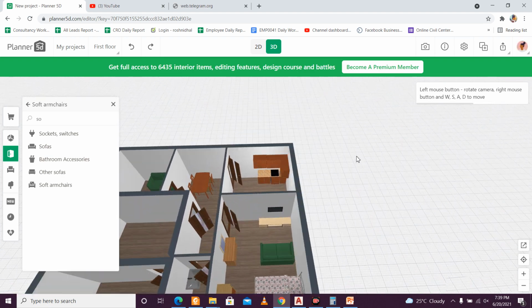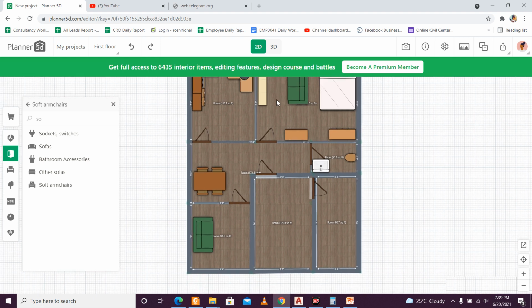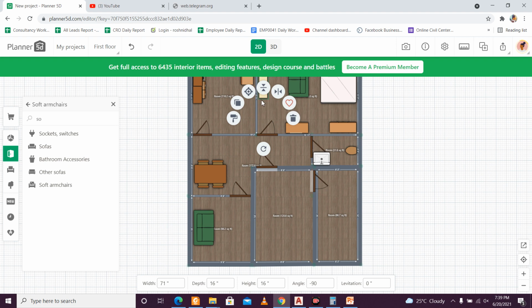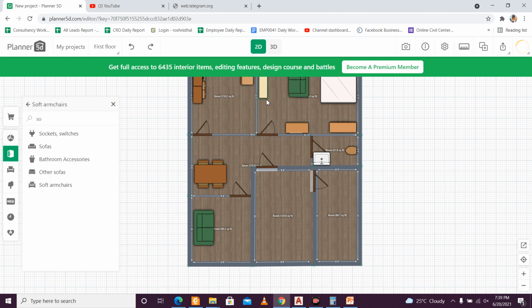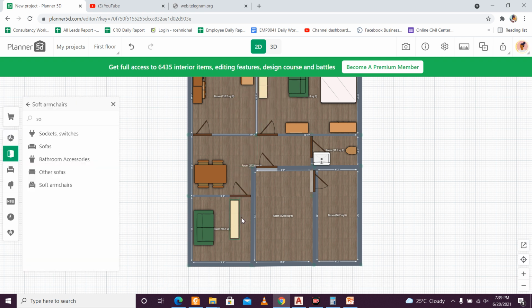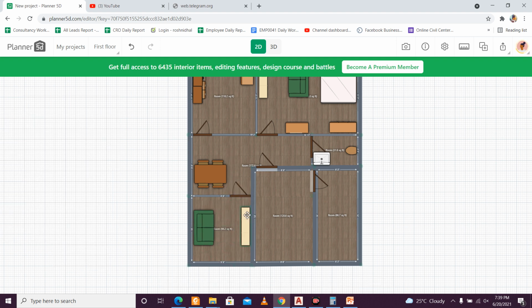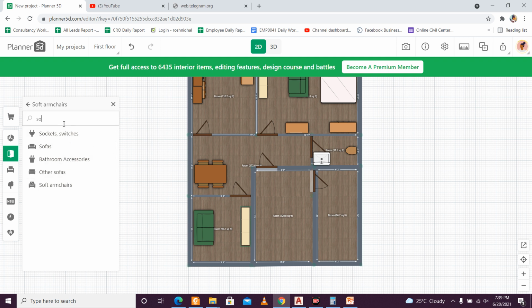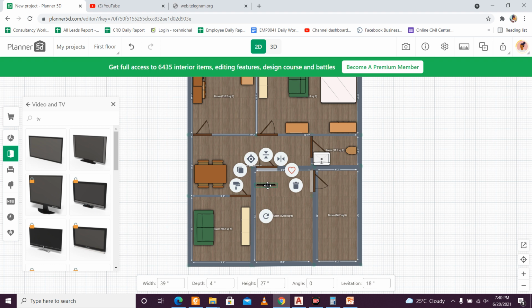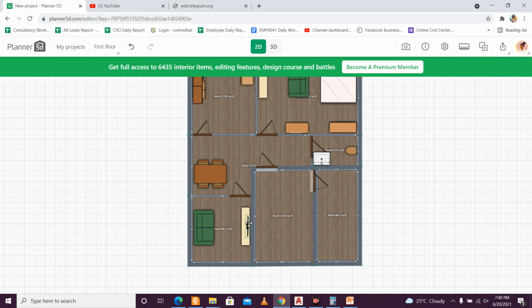So as you can see, this much we have done. Let's complete the remaining portion. It should have a TV and the TV stand also. So here, let me select this and copy this, and we'll simply rotate this, and after that we'll put it here, and we'll just take the TV. This TV was not rotated the previous time, but this time it rotated, so we'll just use a different TV.